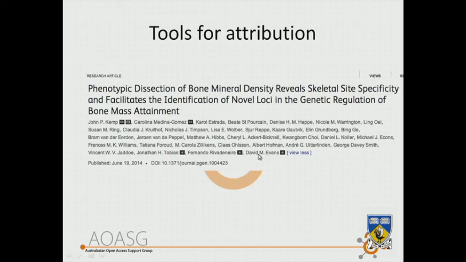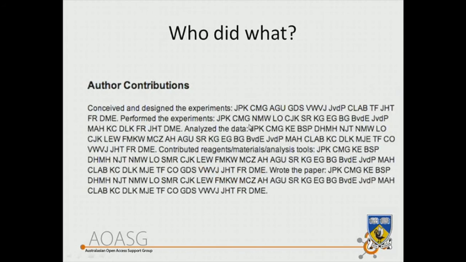Other things that are coming, so figuring out how to attribute what you did. So you saw that previous paper didn't have a list of attributions on it. This one does, but if you look at all the contributions, you couldn't possibly figure out who did what on that. I mean, it's completely meaningless, isn't it? What on earth did the person who conceived and designed the experiments do? That's not really a tremendously helpful way of listing things.